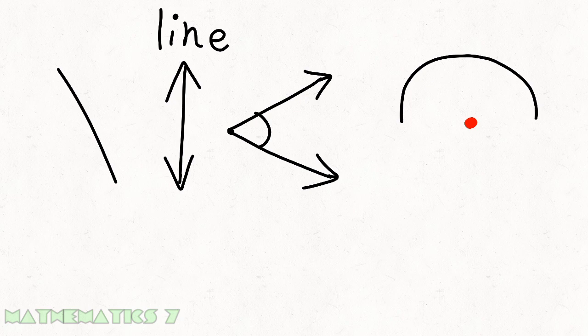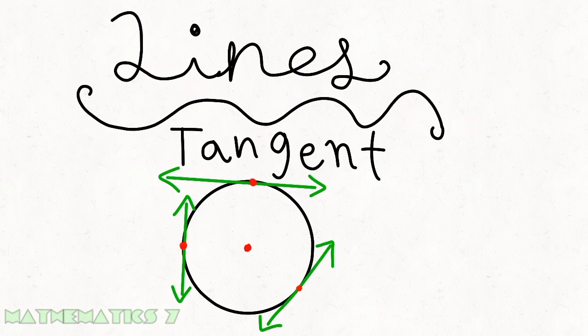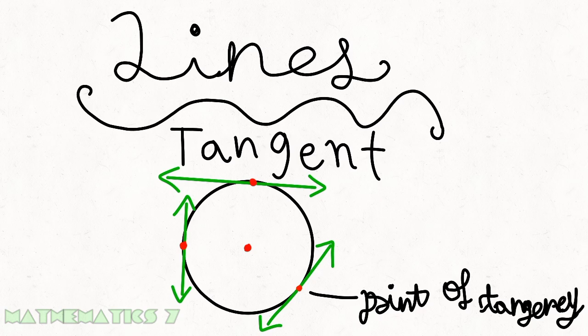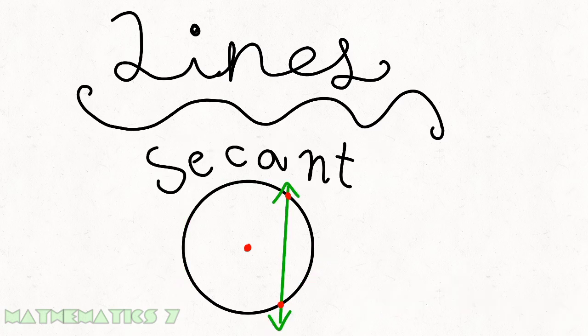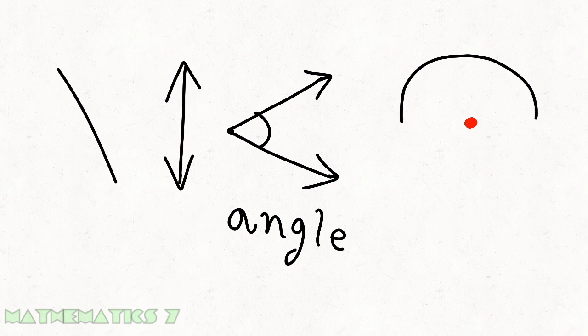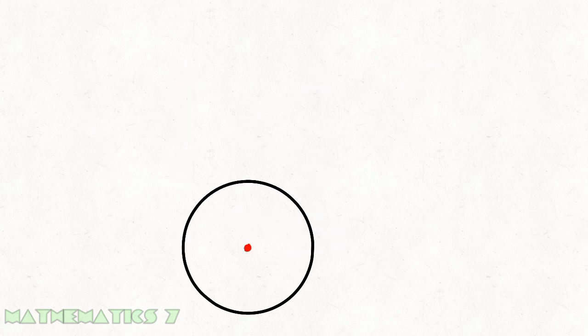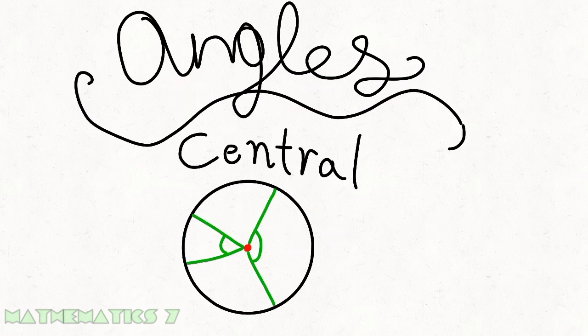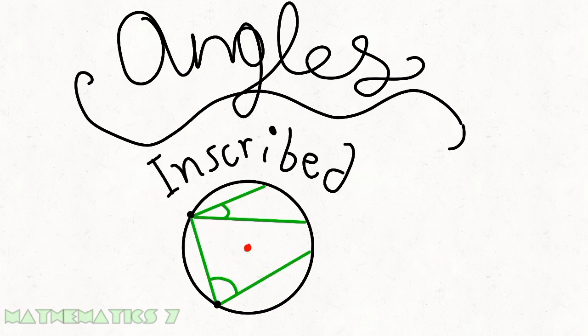Moving on to the two kinds of lines on the circle: tangent, a line touching the circle at exactly one point called the point of tangency; secant, a line touching the circle at 2 points. Now moving on to the two kinds of angles in the circle: central, an angle whose vertex is the center of the circle and sides are 2 radii; inscribed, an angle whose vertex is any point on the circle and